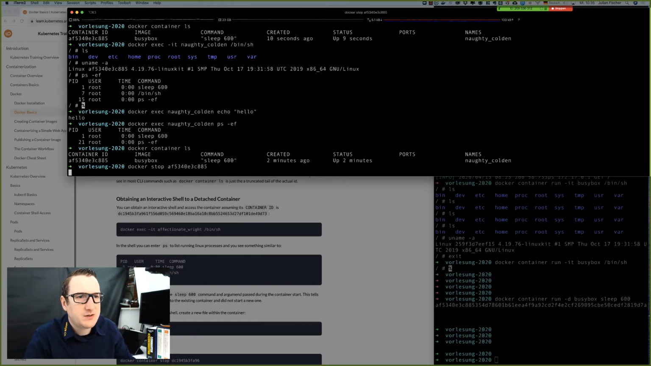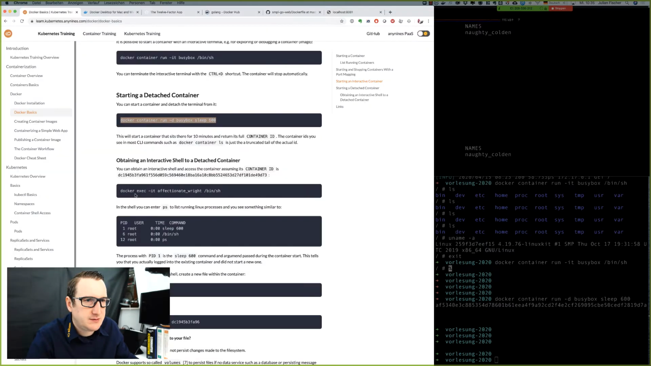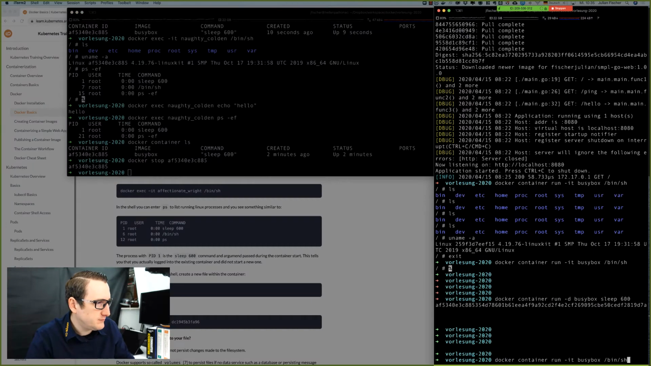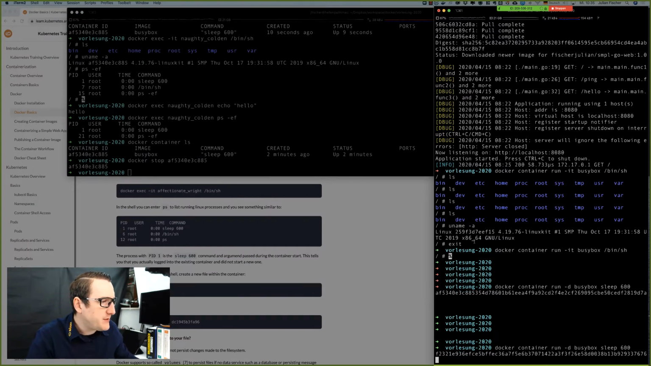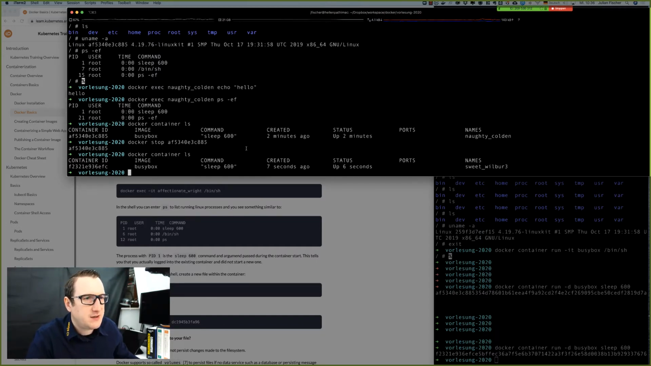So I can also use the ID to stop it, as we've seen before. I wanted to demonstrate something, so we'll create another one. Docker container ls. So there's another busybox sleeping. It's sweet Wilbur number 3. And we are creating a shell